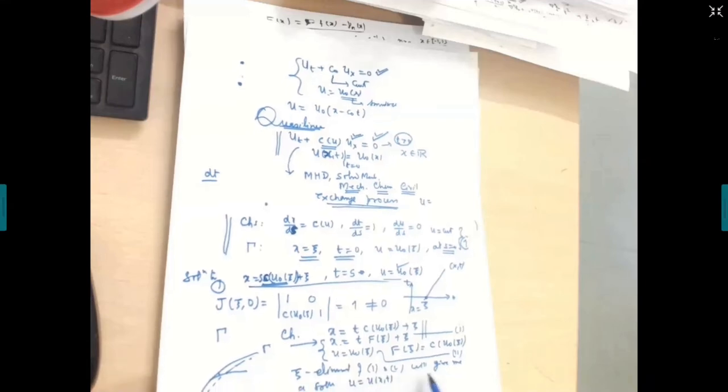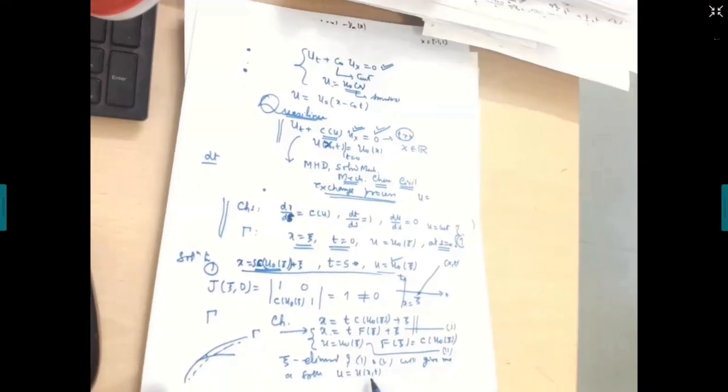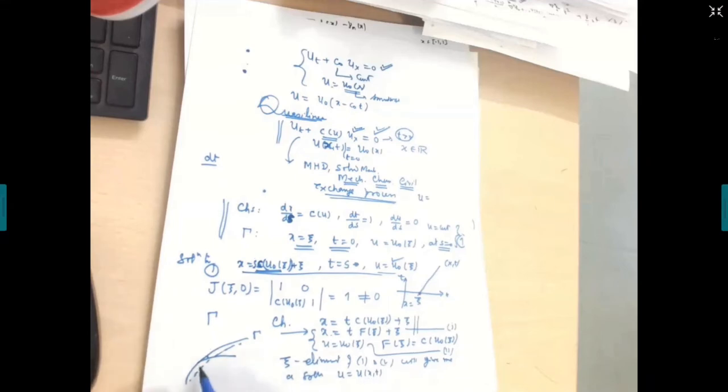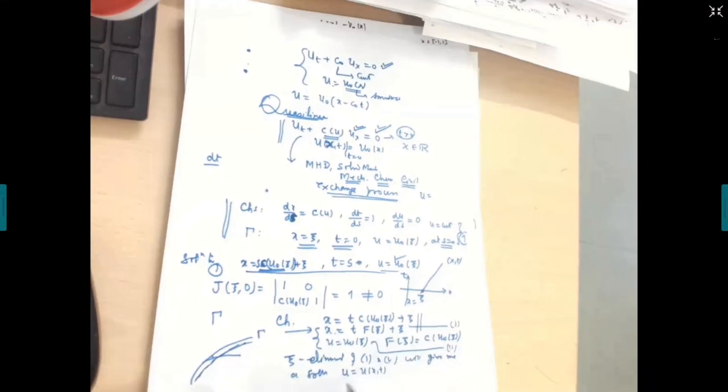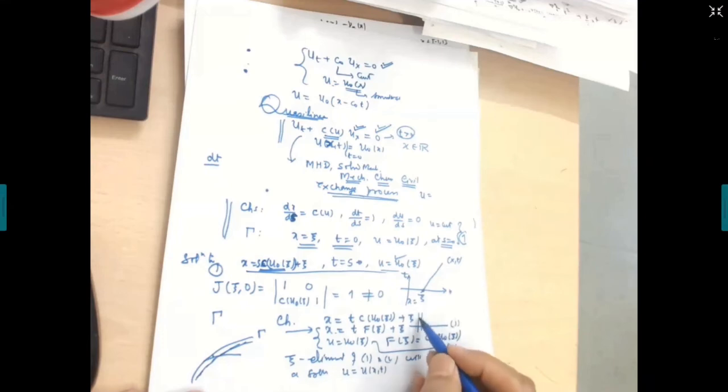So eliminating xi from 1 and 2 will give me a solution of this form. It's very clear. But this solution is of class C1 in the neighborhood of gamma. But away from this gamma, this solution may not be of class C1. In fact, the solution may cease to exist. This is quite possible. It breaks down the continuity even. It may not be continuous even. Anyway, we'll see it. So the thing is this, you have to make use of the implicit function theorem.